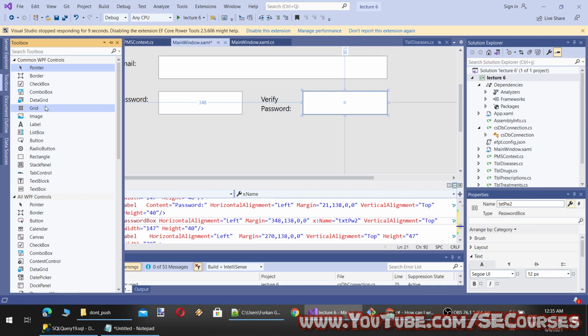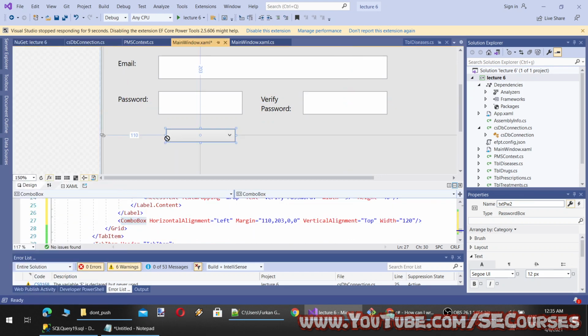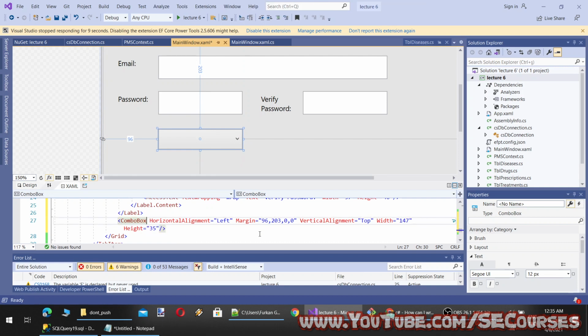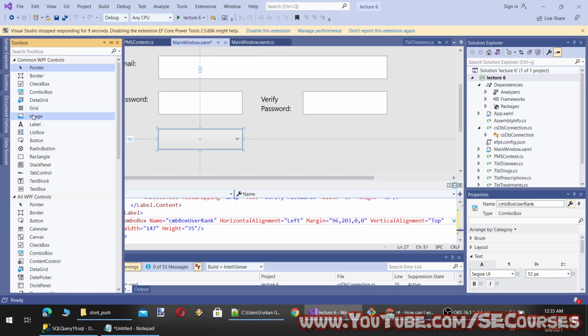And finally we are going to have a combo box for picking the authority level. I will make the selection inside this one. I will show you what I mean. So this will be named cmbUserRank, and then we will have a button for register.